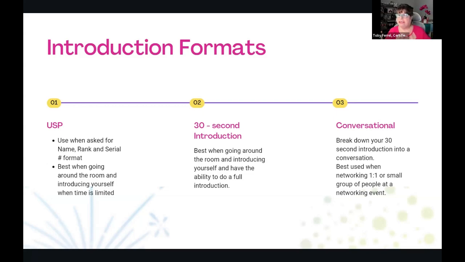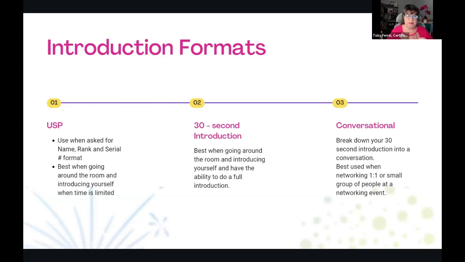And then there's the conversational, right? So you might be at a networking event that is not introduction based, like around the room, but you're just walking around the room, having hors d'oeuvres, and meeting people casually, having a one-on-one conversation. So this is where you can utilize your 30-second introduction and break it down into a conversation, right?